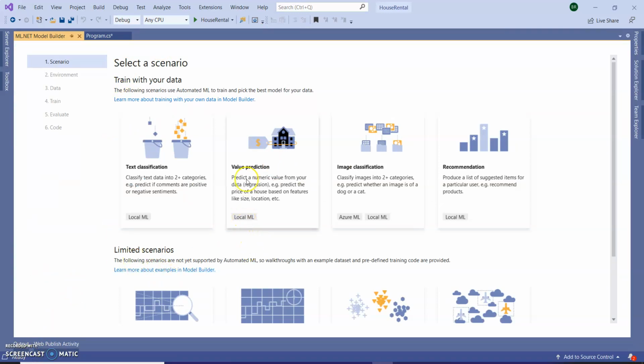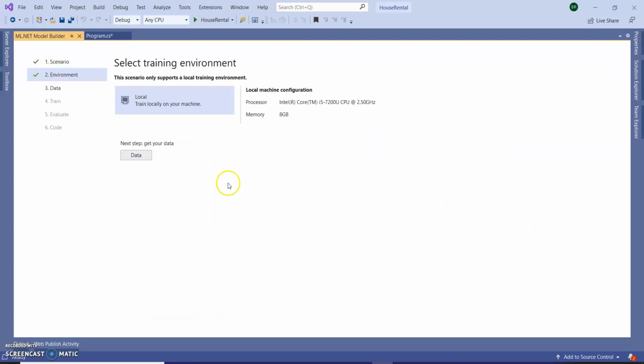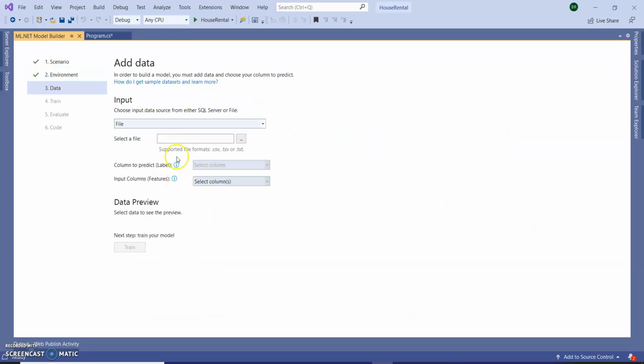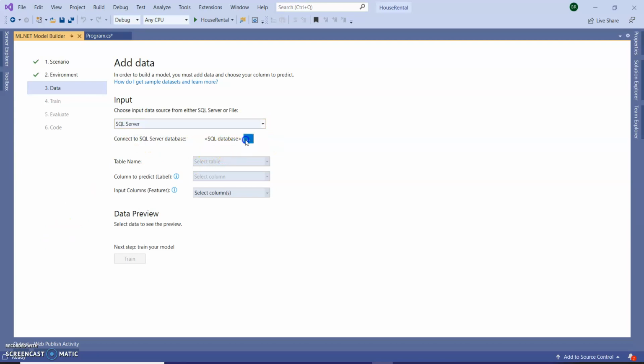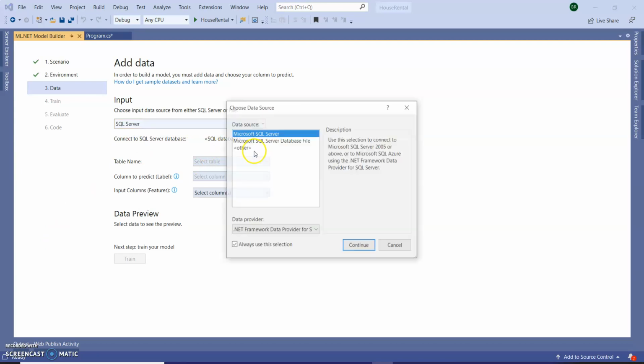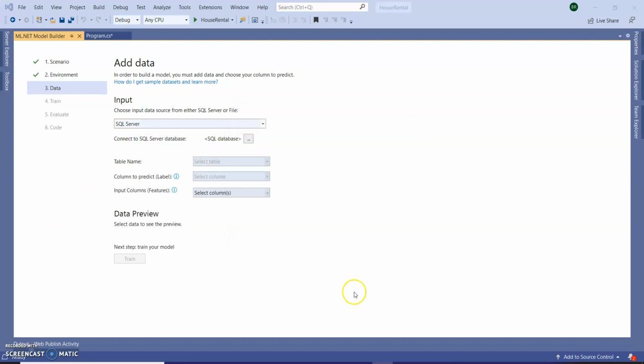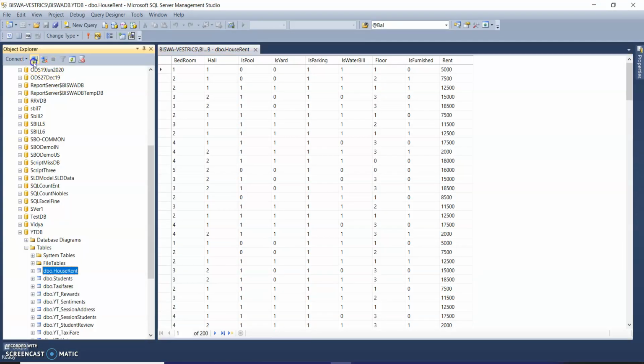Next, click on value prediction. Click on the data, existing data set. If it is a CSV file or flat file, I can select file and browse the file here. For me it is in SQL Server, so I am selecting SQL Server. Click on connect. Give the connection properties.